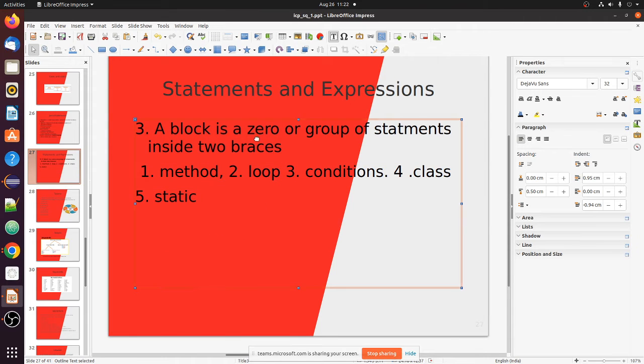A block is zero or a group of statements inside two braces. What are braces? These are the braces. This is the left brace and this is the right brace. Okay, so whenever you see this type of statement,